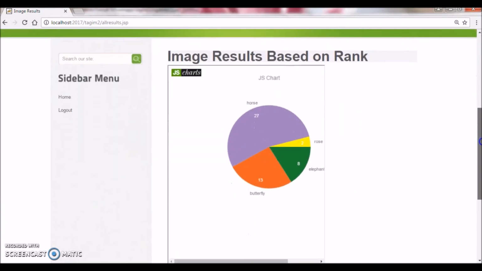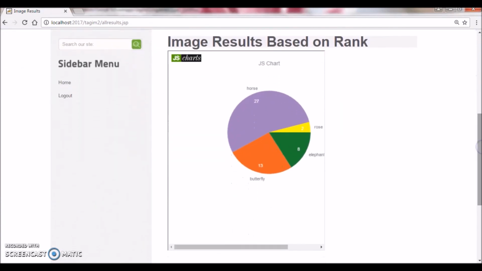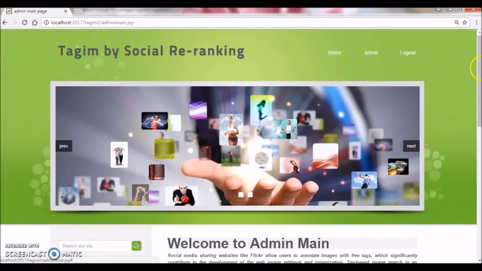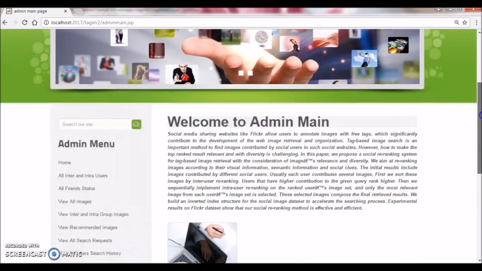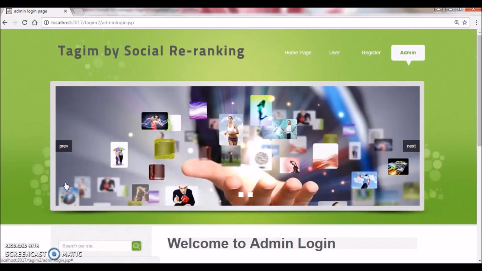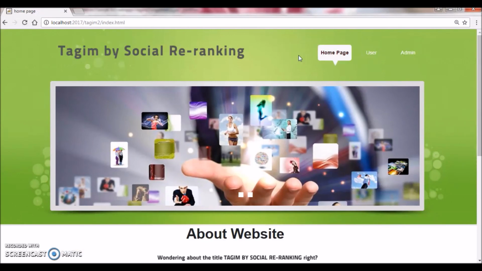And next, going to the last one, that is view image rank results, which is very important. The rank of a particular image varies with other images. Here you can see image results based on rank. You'll be seeing a pie chart where the rank of the images is represented. Then next, going to the home button, all the functionalities in the admin module